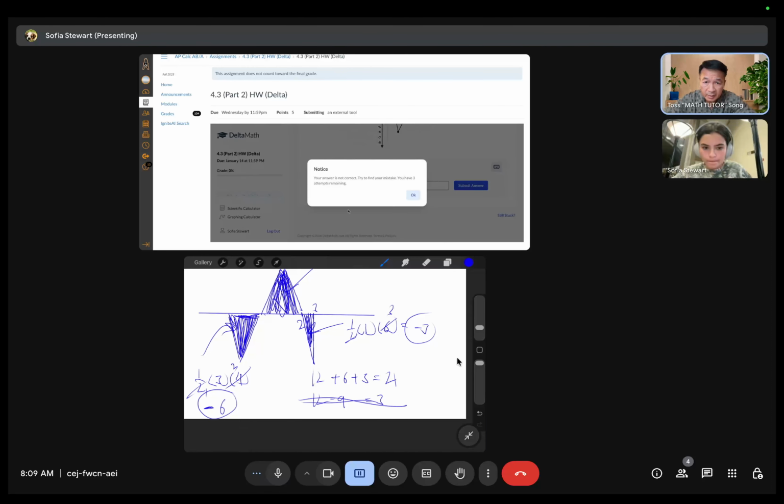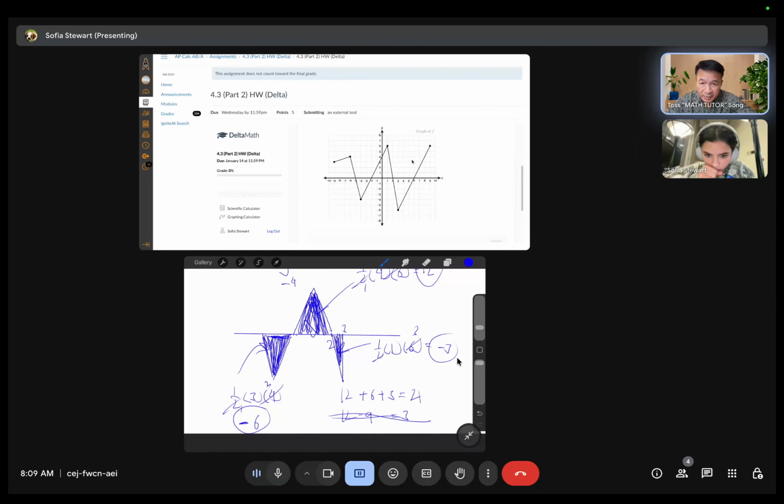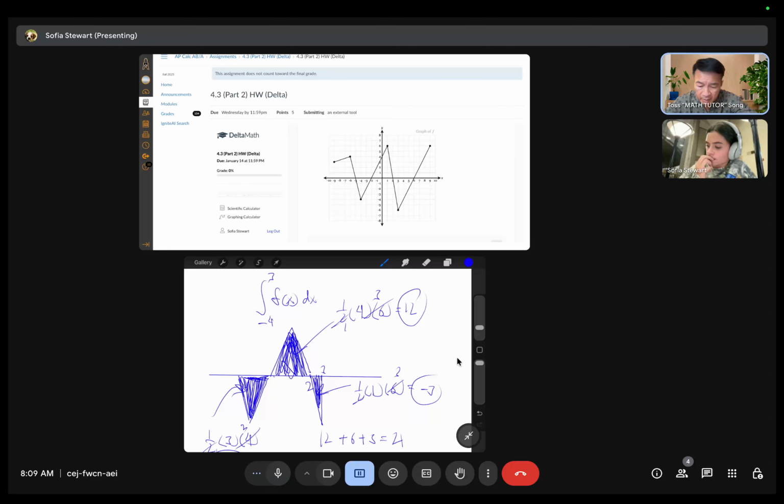Okay. Unless I made the error somewhere. Can we look at the triangle one more time then? Yeah, the base and the height. So double check my base and height. 1/2 base, 2 to 5. The height is what? Is it 3 or is it 4? It is 4, right? Yeah, it is 4. And the base is 3, right? Between -2 and 5. Okay, now that's 1. What about the math? Yeah, it looks good to me. -6. And then what about this triangle at the top? 1/2, and that's 4 to